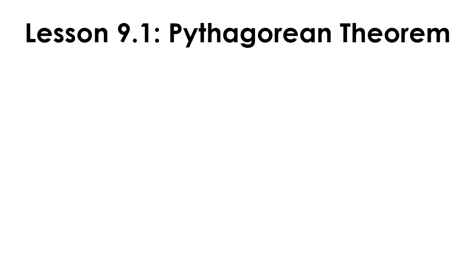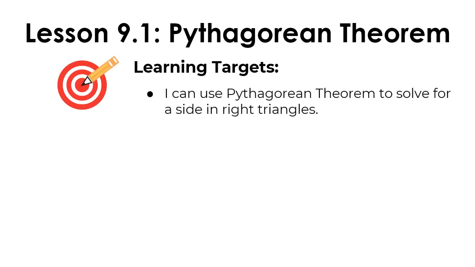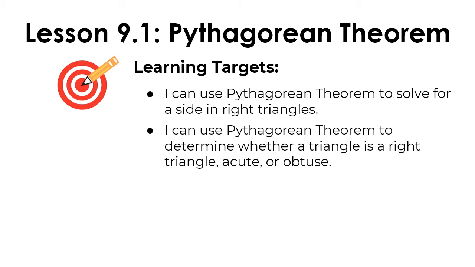So we're not just solving for a side, although that's one of your learning targets. You can solve for one of the sides in a right triangle. Remember, Pythagorean Theorem only works in right triangles. But then we can also use the Pythagorean theorem to determine what kind of triangle it is. Okay, whether it's a right triangle, an acute triangle, or an obtuse triangle whenever we're given some lengths of some